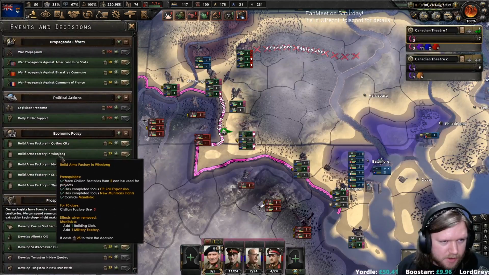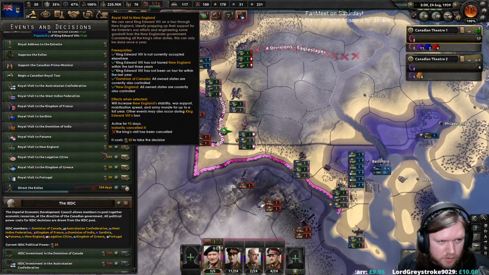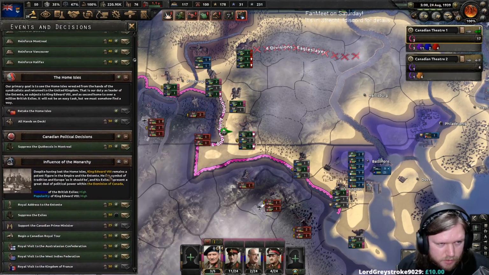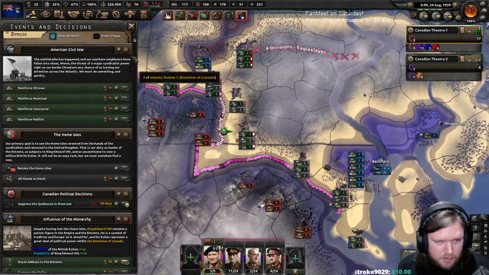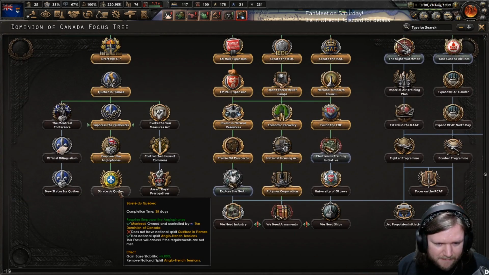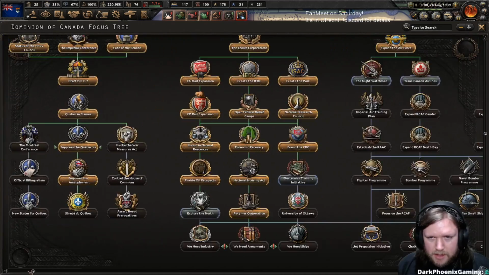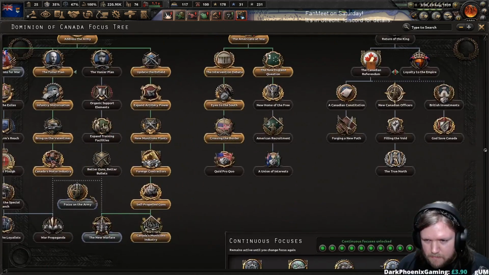Actually, can we clear out Quebec again one more time? Scroll, scroll, scroll. Yes. That should be the last one. And then we can finally get rid of the Anglo-French tensions. In the meantime...